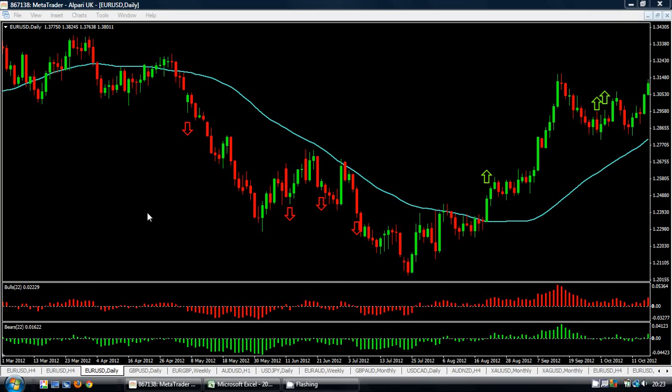Now, for those of you who haven't used this indicator before, the reason I've made the bulls red and the bears green is that when we're looking for long entries, we'll be looking at the bear power section of the Elder, and when we're looking for short trades, we'll be looking at the bull power section of the Elder. So here we have a fairly nice example of a downtrend followed by an uptrend, and